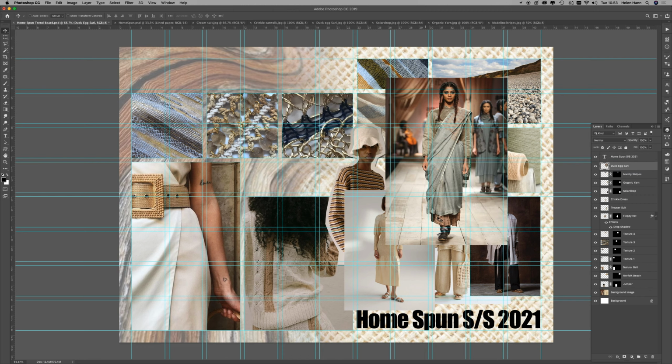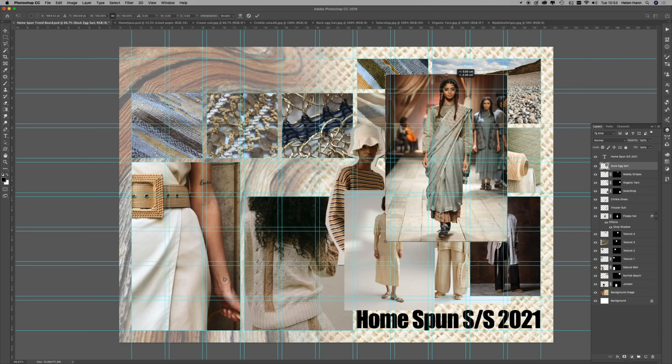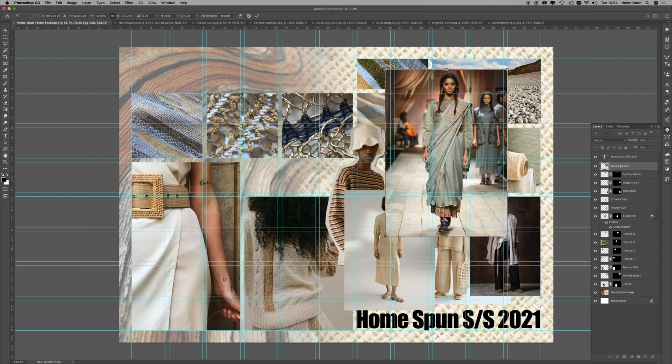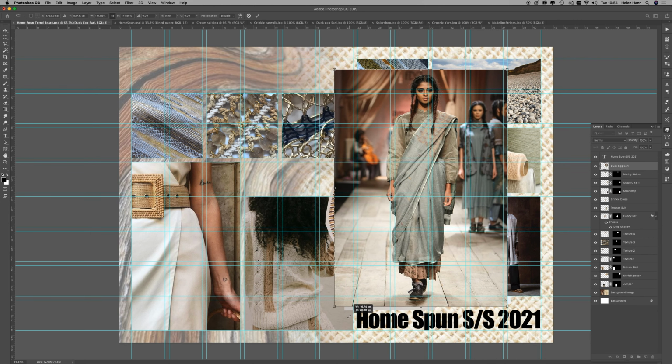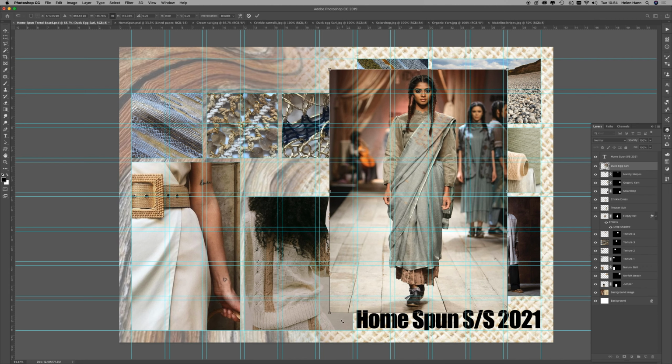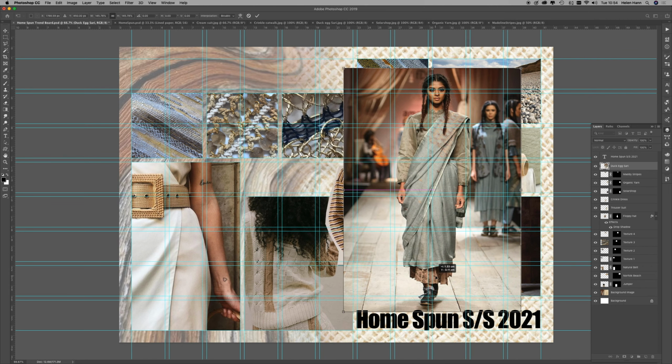Like that. So it's in front of everything except the title. And I think maybe it needs to go bigger, so I'm going to scale it up. Command T for that free transform thing. And I'm going to see if I can make her reach from, I'm going to pop her head here, and scale so she's almost stood on the title. So that's how big I want her to be, but